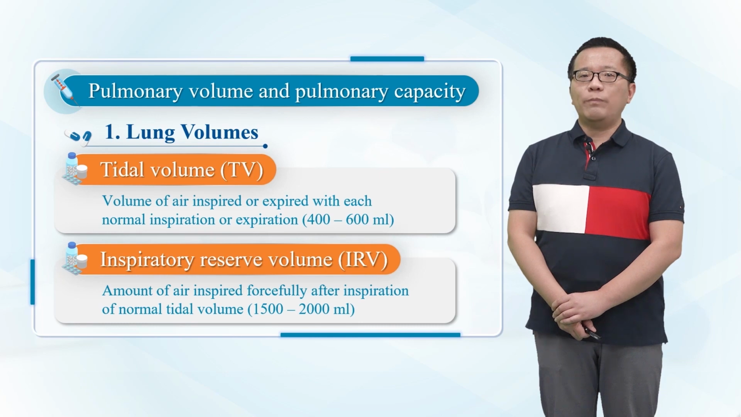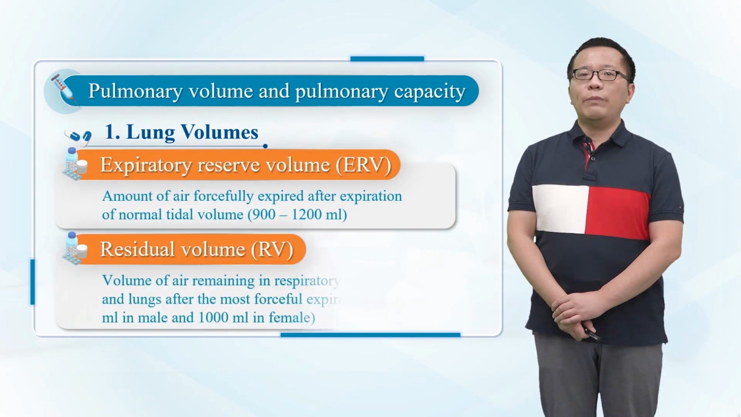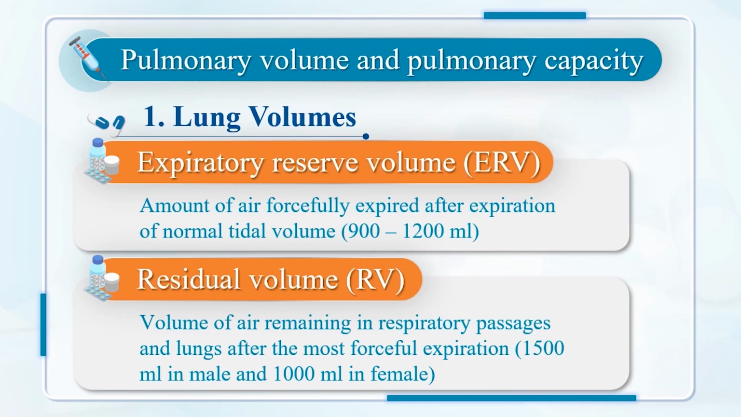Inspiratory reserve volume (IRV) is the amount of air inspired forcefully after inspiration of normal tidal volume. It is about 1,500 to 2,000 milliliters. Expiratory reserve volume (ERV) is the amount of air forcefully expired after expiration of normal tidal volume. ERV is about 900 to